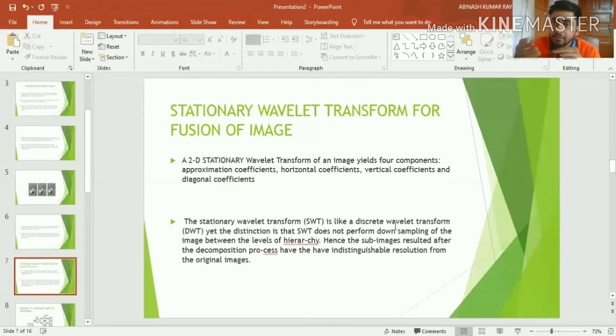So after each level, we lose half the resolution of the parent level. But in this case, we are not downsampling. We remove all the downsampling, so it preserves all the resolution of the parent input image.